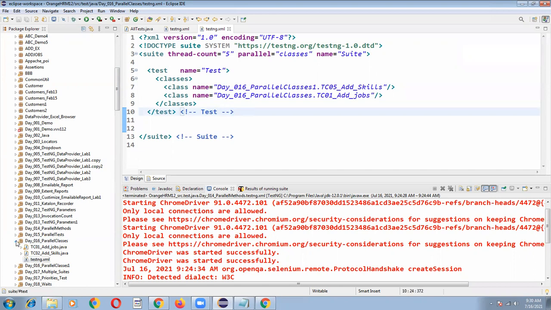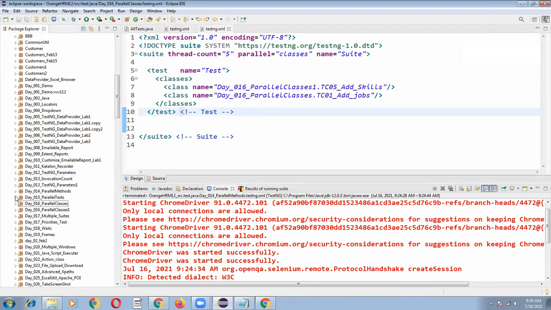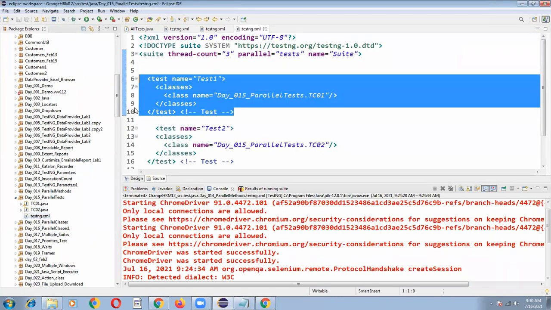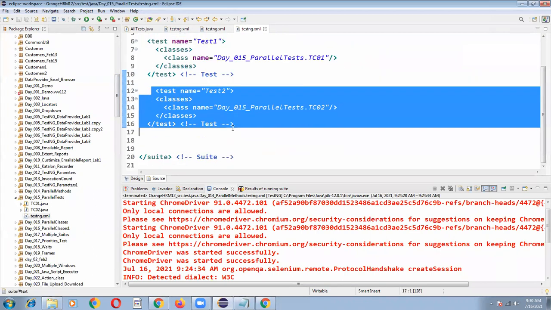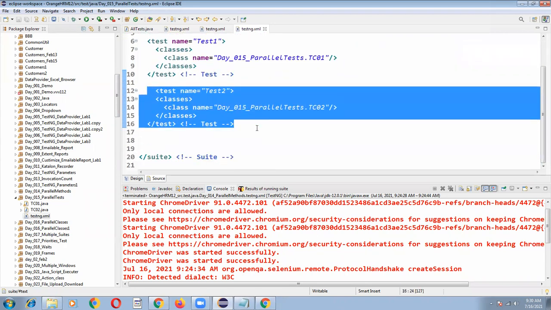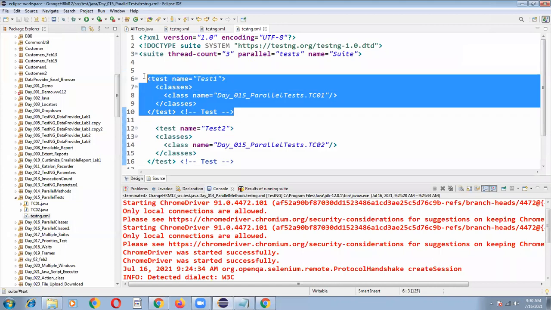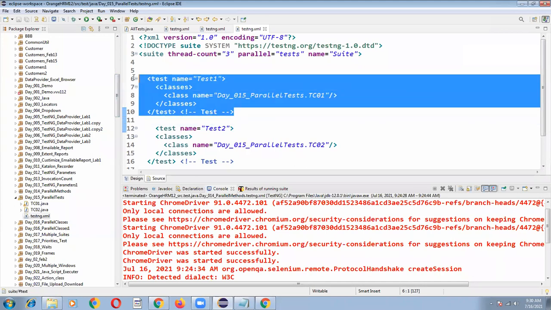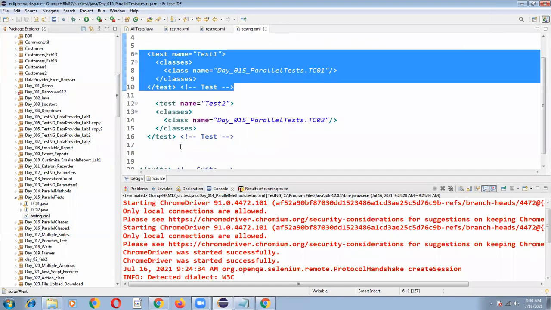Okay, now let's go to the next point. Why is parallel test not the easiest one? Now let's go to the parallel test. Here what you are doing is copy and paste. This is one test block and this is one test block. Sir, I can go with this approach also. But even then, if it is 10 testng classes, is it required to copy and paste every time? I need to copy 10 test blocks. Test 1, test 2, test 3, test 4, test 5, like that.